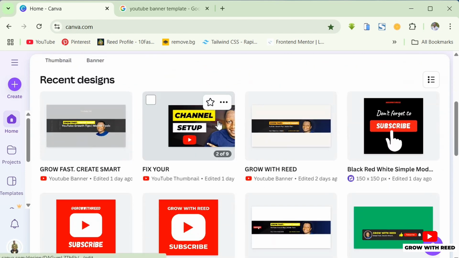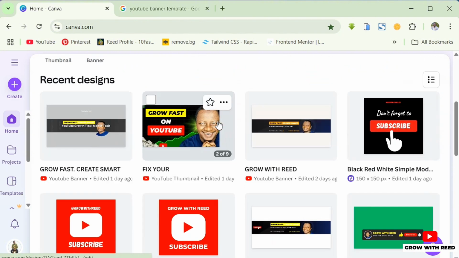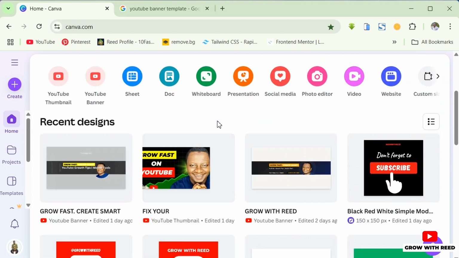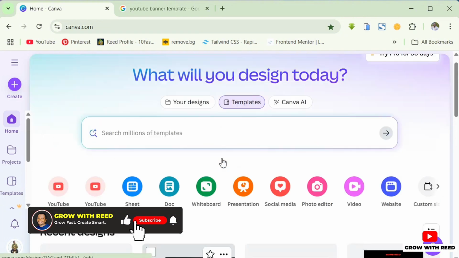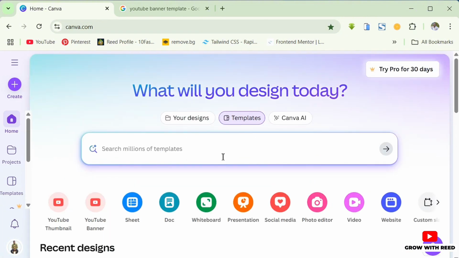If you are new to Canva, Canva is actually a site where you can do graphic design. You can design all your YouTube thumbnails right here. You can edit YouTube videos, you can create presentations, you can even create websites and many more. So let me show you how to design a YouTube banner that looks good on all devices here in Canva. First of all, come to the search bar right here and we are going to